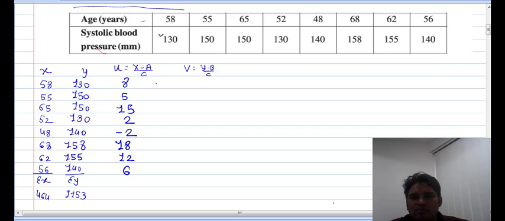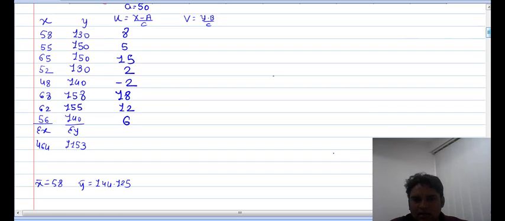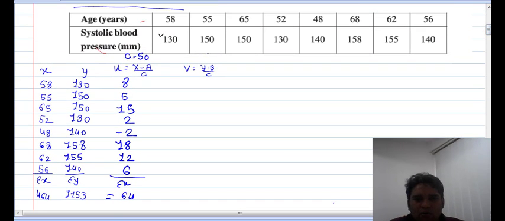So we convert the x into the u, we get the easy values, right? So here I assume a as my 50, and I deduct all observations of x from the assumed mean. Now I will take the summation of u, that means sigma u, and it would come 64. Now v: in y I will assume b as my 100, right? Now 130 minus 100, so it would become 30, sorry,